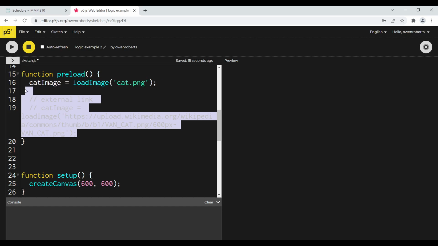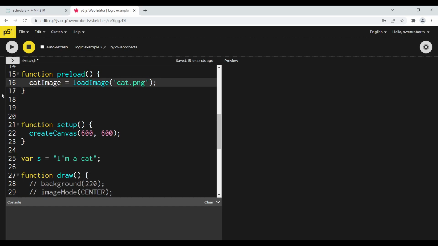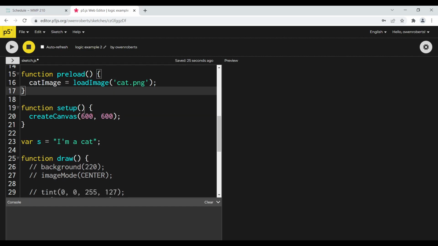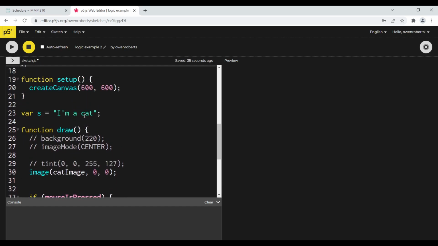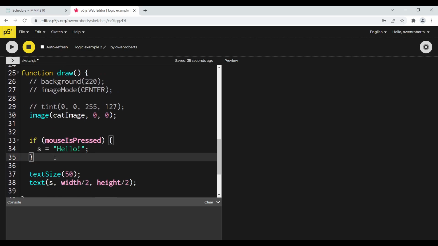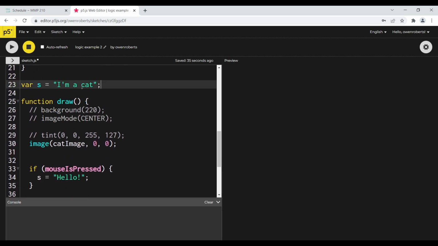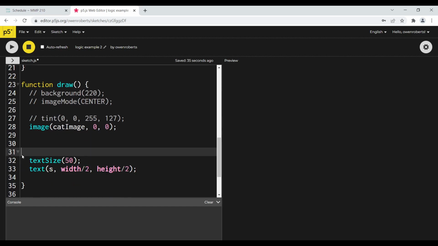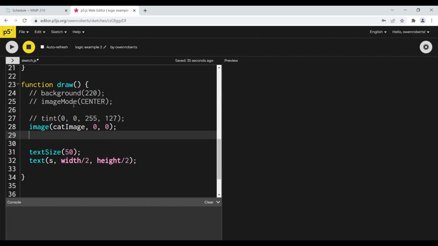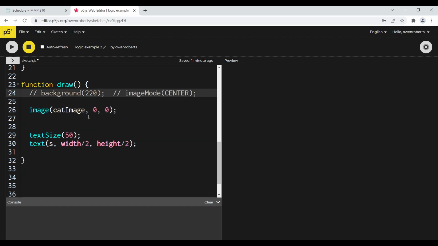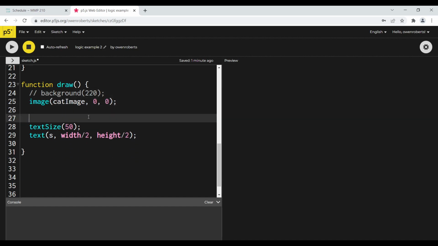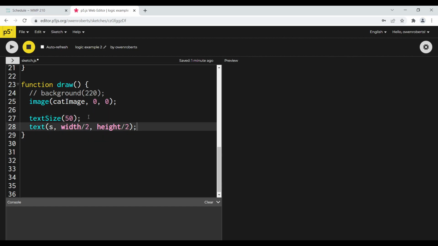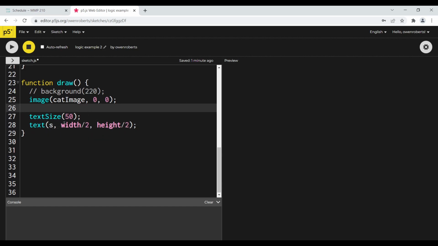And I don't need this. That's from a previous example. So I'm just going to clean this up a little bit. And just going to move this variable. Well, actually, I'll just delete this and go over this again. So I'm just removing the code that I'm not using just to simplify this example a bit. So for now, we have